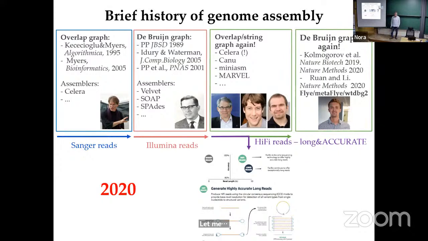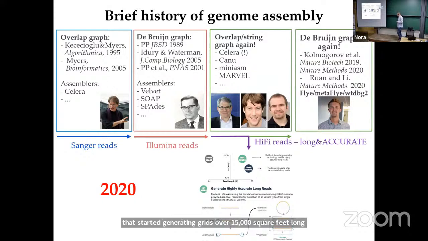And then, just 4 years ago, there was another breakthrough. People finally learned how to generate long and accurate reads. So they started generating reads that are 15,000 nucleotides long and very accurate, even more accurate than Illumina. You would think that at this point, these reads are perfect for the de Bruijn graph approach because they're accurate. However,